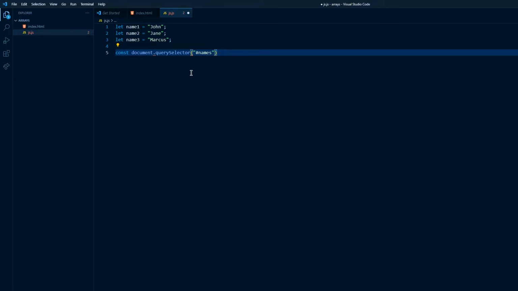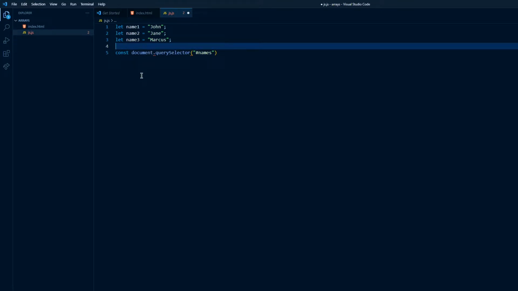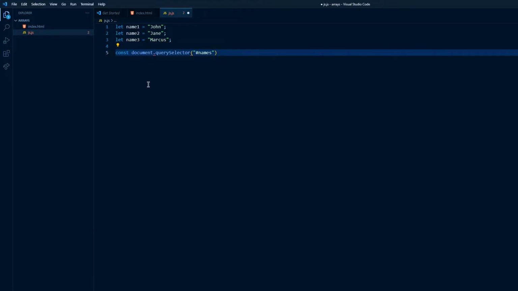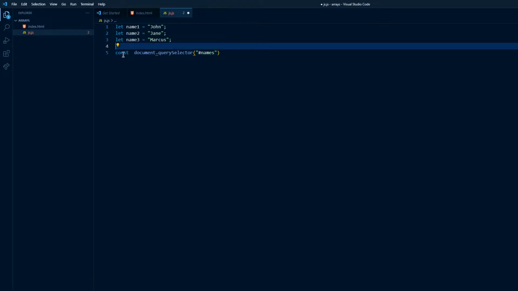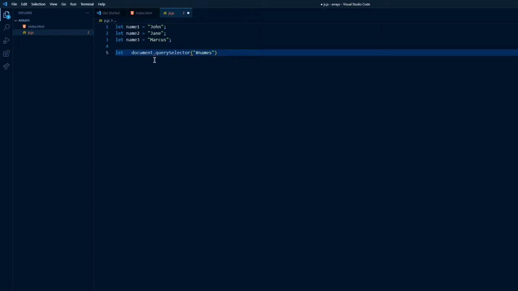How a constant variable works is that you can't change the variable itself, but you can manipulate its content. If it has some sub content in it, you can manipulate that, but you can't really change it much. So when you're declaring an element, you can use a const. It really doesn't matter, but just to be simple, I'll call it a let. So let names